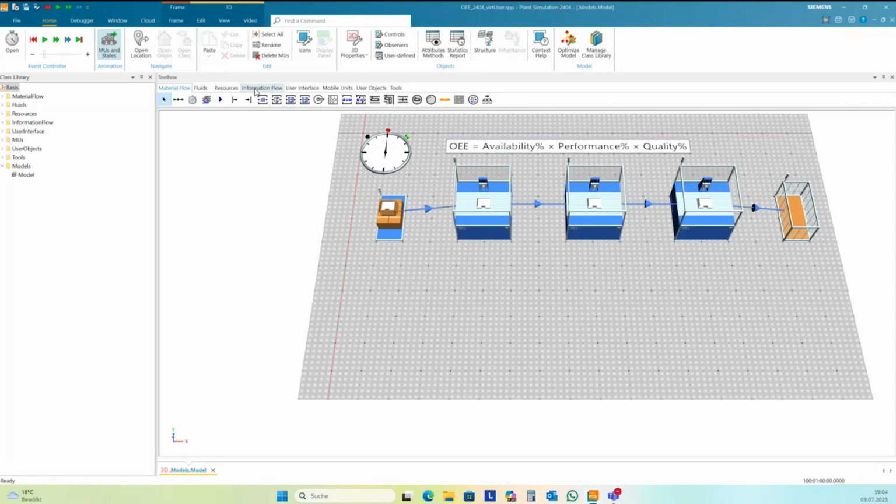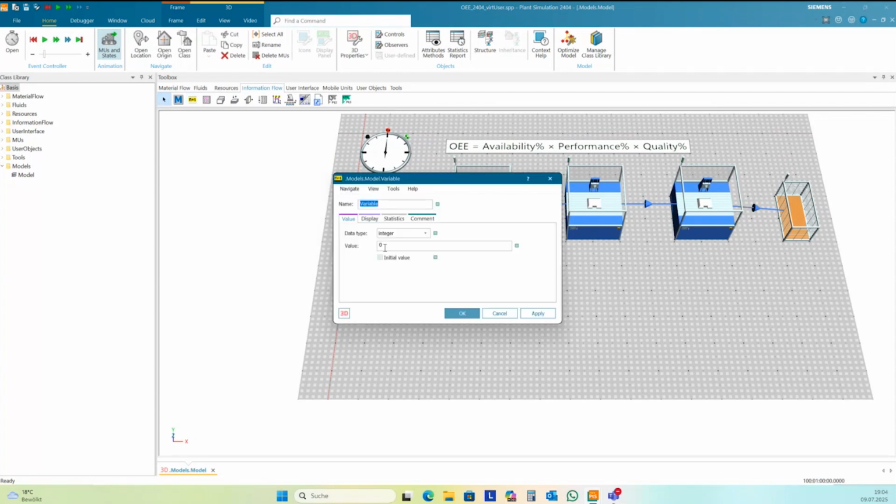So I create a global variable here for the maximum throughput, and I set it to 144,000.